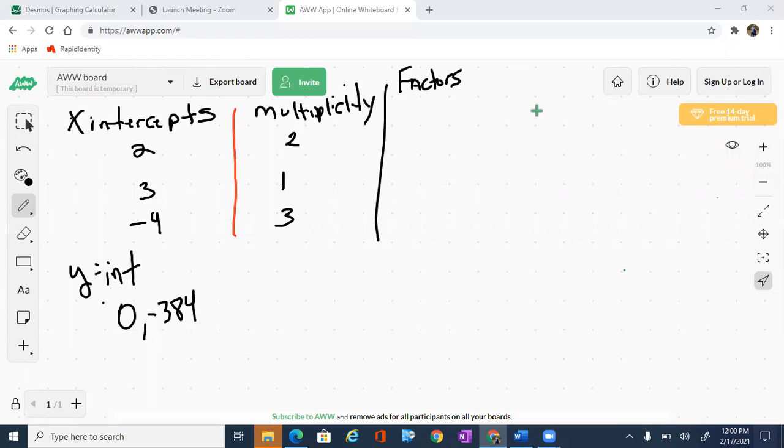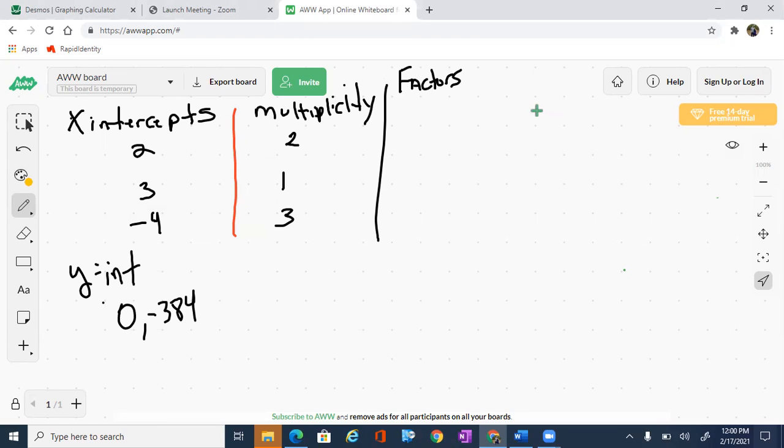-384. I've also randomly assigned their multiplicities. So x-intercept 2 has a multiplicity of 2. The x-intercept of 3 has a multiplicity of 1. X-intercept of -4 has a multiplicity of 3. So the first thing I'm going to do is start by giving them their factors, writing out